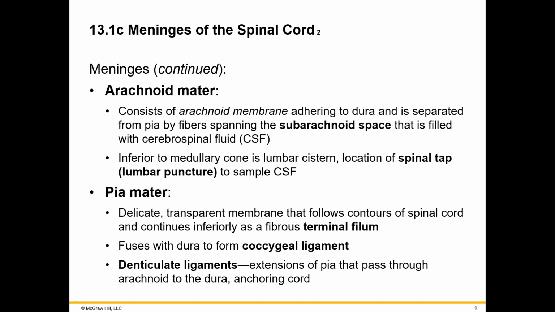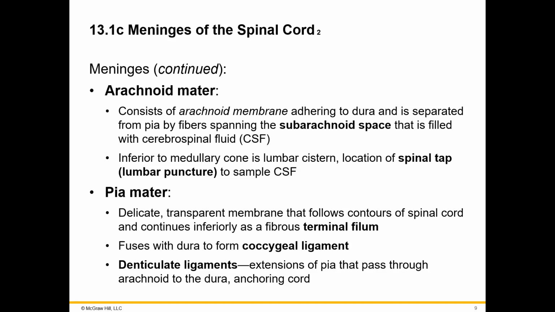And lastly, you have the most soft layer, and that is the pia mater. This is a delicate, transparent membrane that follows contours of the spinal cord and continues inferiorly as a fibrous terminal filum. So the pia mater fuses with the dura to form the coccygeal ligament, and there are ligaments known as the denticulate ligaments, and these are extensions of the pia mater that pass through the arachnoid to the dura mater and